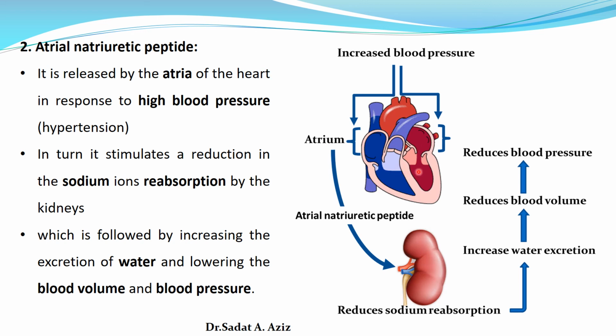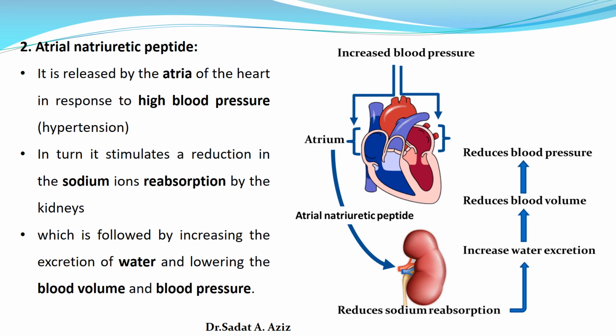So the atrial natriuretic peptide is excreted from where? From the atrium of the heart, in response to what? In response to high blood pressure. When the pressure increases, it releases a hormone which is called atrial natriuretic peptide, and the atrial natriuretic peptide enters into the circulatory system and gets into the kidneys, and within